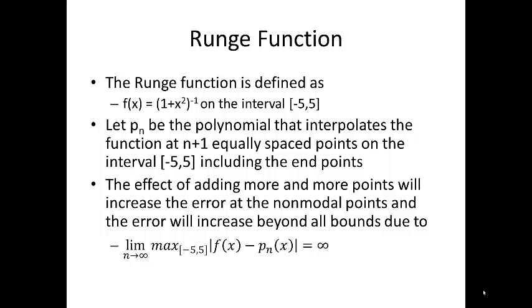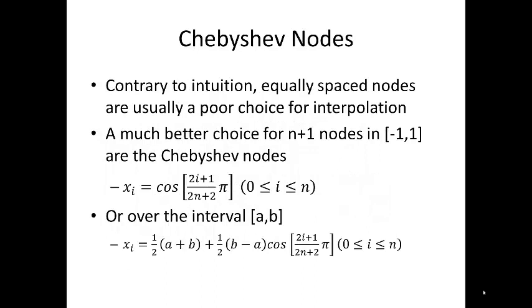The moral of this example is that polynomial interpolation of high degree with a lot of nodes is a risky operation, and the resulting polynomials can be pretty unsatisfactory as representations of functions, unless you spend a good deal of time selecting the right nodes to interpolate. Oddly enough, one of the problems occurs due to equally spaced nodes. And again, that's kind of contrary to our intuition. We would think that equally spaced nodes are usually a good choice for interpolation,